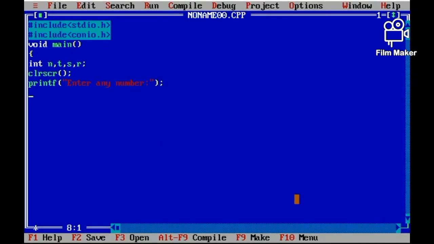Then scanf, you know scanf means input function, with percentage d because it is an integer, ampersand n, the address location of n. Then t equal to n, meaning the n value is assigned to t. Then s equal to 0.